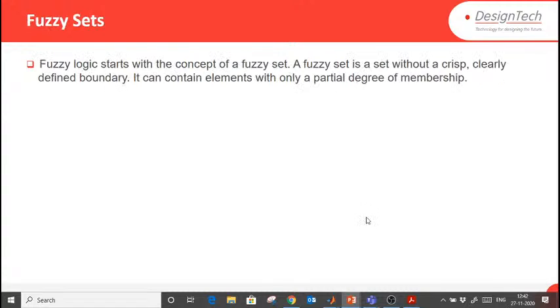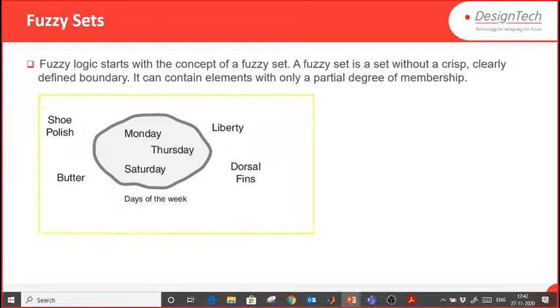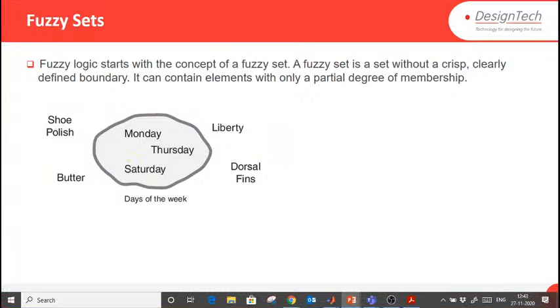Something like that. Now, fuzzy sets. If I am talking about a general simple logical system, and I have to extract the days of the week from this set which you see here, and I ask you what the days of the week are, you will say Monday, Thursday and Saturday. Of course, liberty is not a day of the week. Shoe polish is not a day of the week. So this is exactly a crisp value. The simple logical system which you study is based on crisp data. Okay. If I am talking about fuzzy logic,